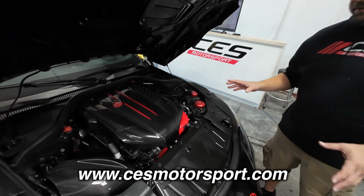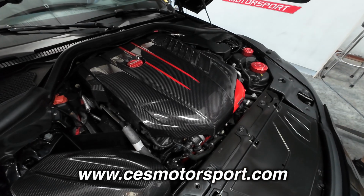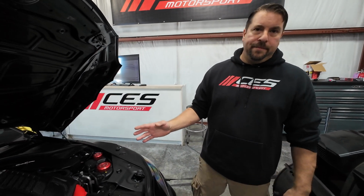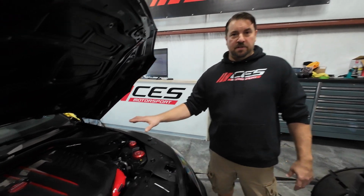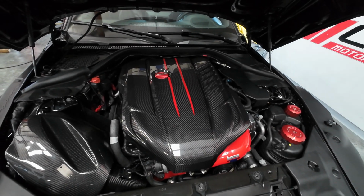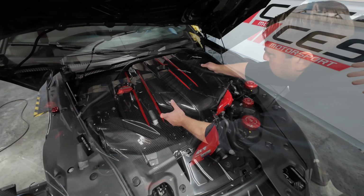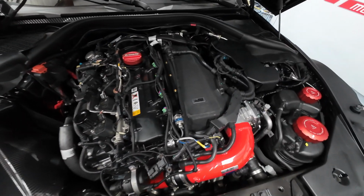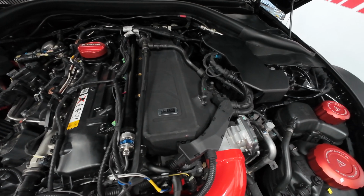This particular build, and you can't tell, which is one of the real cool things about the Do88 package, has an upgraded charge cooler on it. The reason you don't know that is because the actual engine cover fits over it. So this is one of the new and exciting things that we are going to be offering to our customer base for people interested in having the benefit of an upgraded intercooler charge cooler without having to cut up their